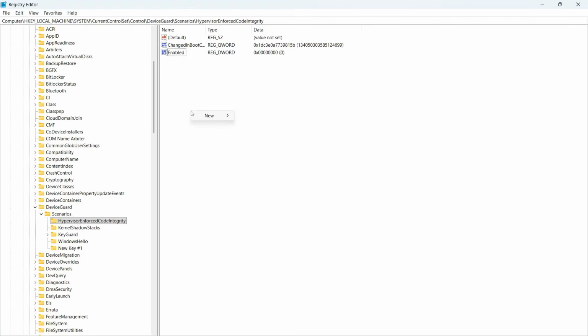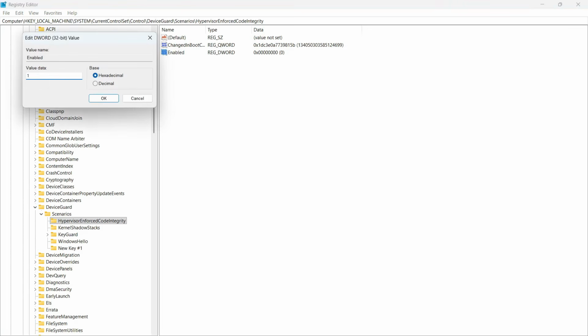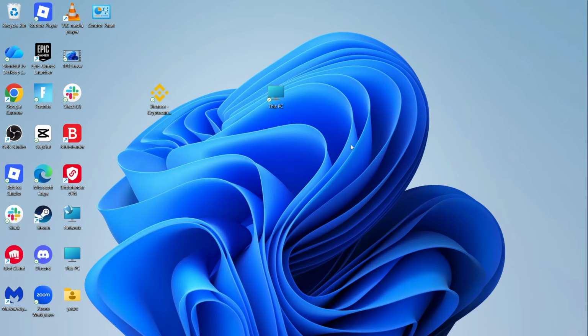You then need to right click somewhere in this blank space and click on New, and then select DWORD (32-bit) Value. You then need to give this the file name of Enabled, and then you can press enter. You can then double click on this file and change the value data to 1 and press OK. Now once you've done that, you'll need to restart your computer and you can check to see if that solves